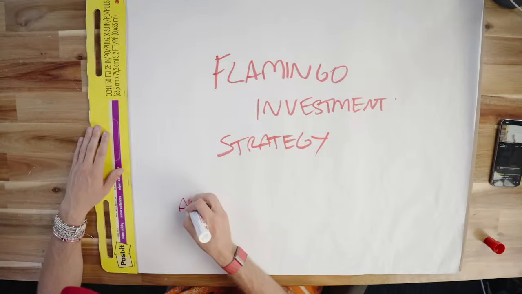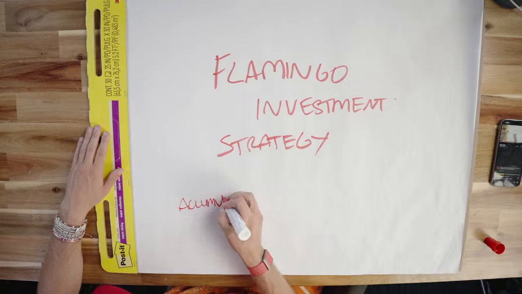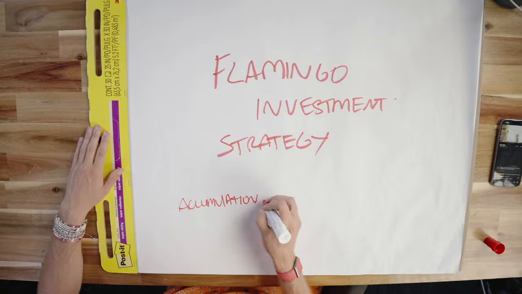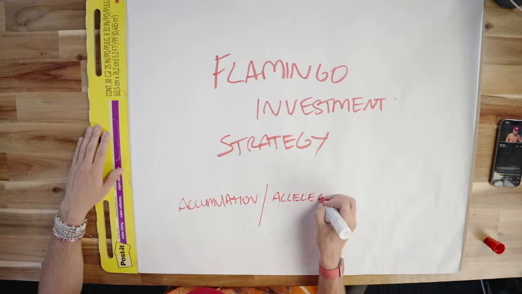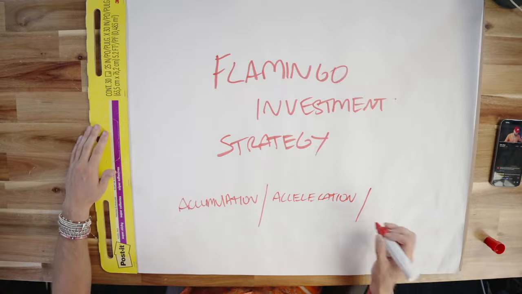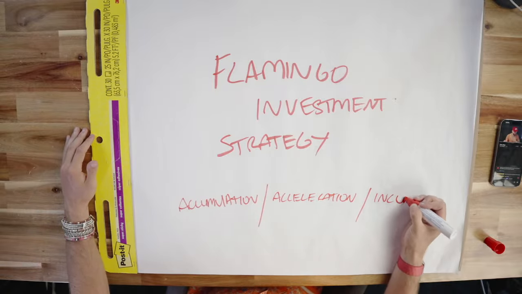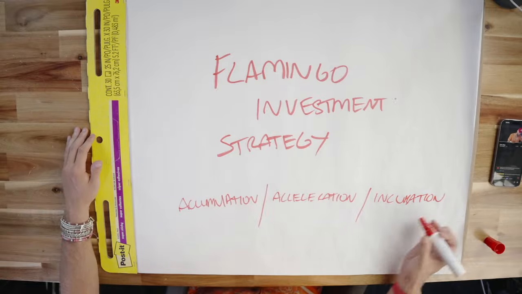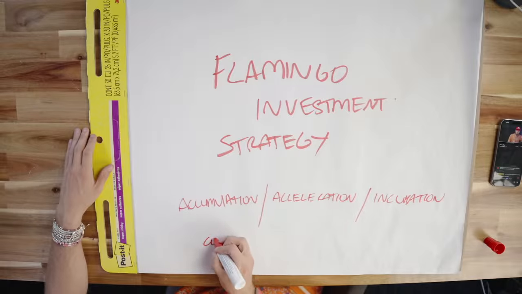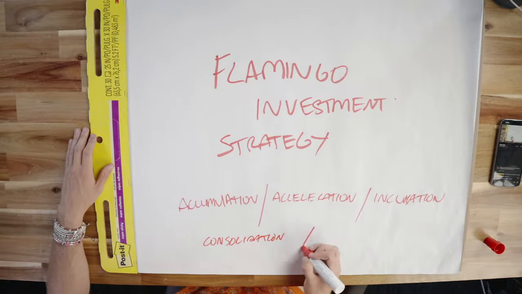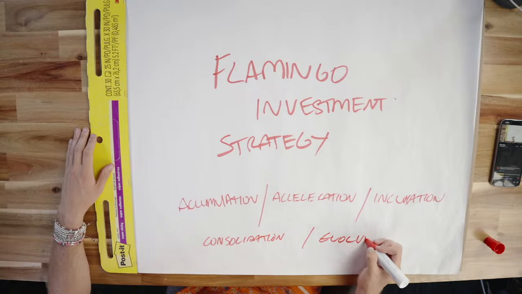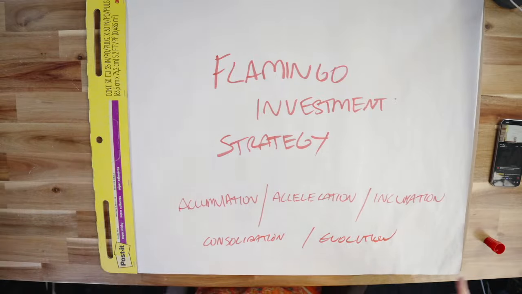So we have accumulation, acceleration, incubation, consolidation, and evolution. So we have 5 components to our strategy, and you have to go through all 5 to actually build